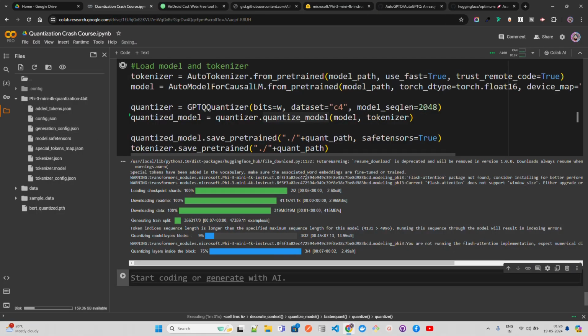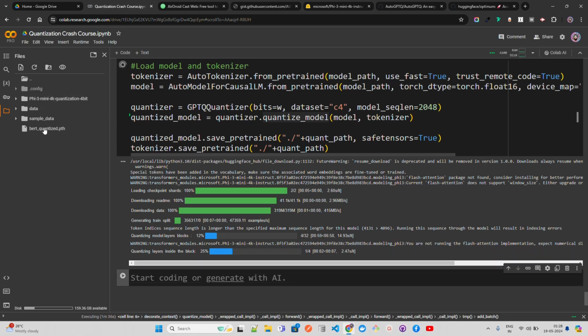And it takes a bit of time, but now you got the idea, right? You got the gist of it. It will all be stored here. We have everything. You can see BERT quantized. Now we have Phi-3 that we've downloaded. We'll also have a new folder for this one. And you can push it to Hugging Face as well. You can use the Hugging Face API to upload these files, push it there with Git LFS and whatnot. I have shown this in all of my previous videos. Okay, but this is going to take a bit of time. So anyway, let me just pause the video and come back.